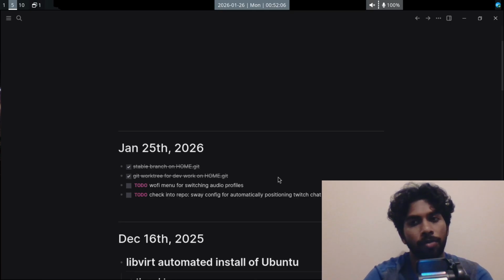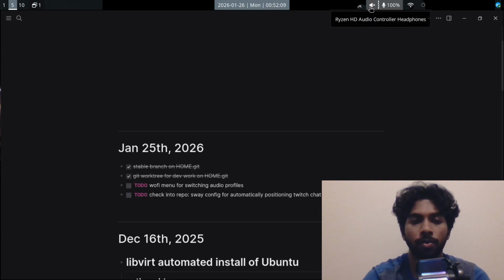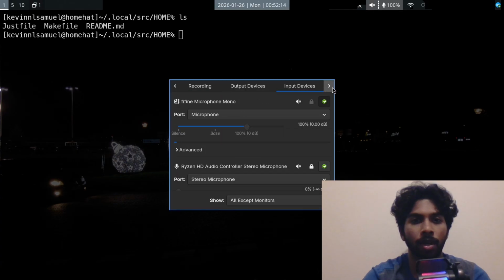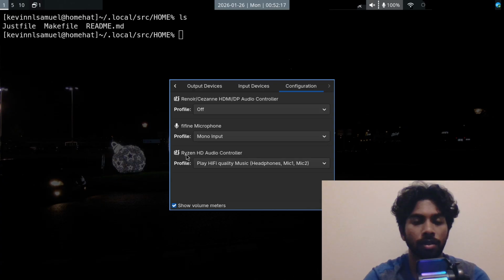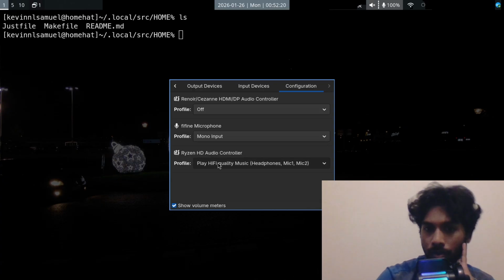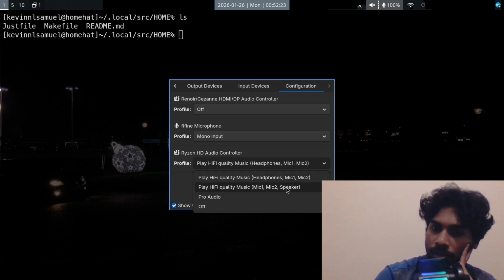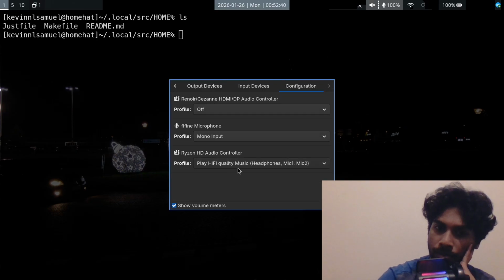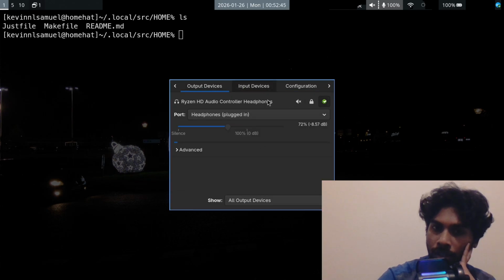We're switching audio profiles, so that's the most important part for me right now. So my audio profiles. I have two audio profiles, against my Ryzen audio controller: headphones and speaker. Both my 3.5 audio output and speaker output go to the same audio card. So I have to keep switching between these profiles if I want to switch from one output source to the other, because I cannot just change the output device, because right now,